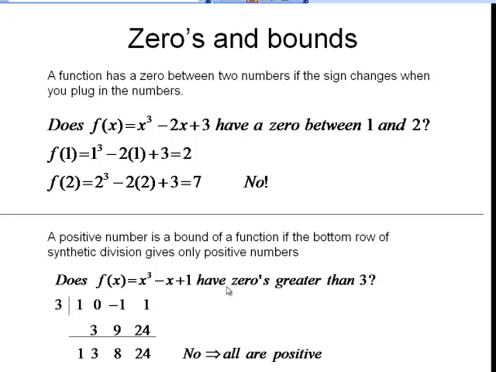Or no, there are no zeros greater than 3. So yes, that is a bound, which means there aren't any